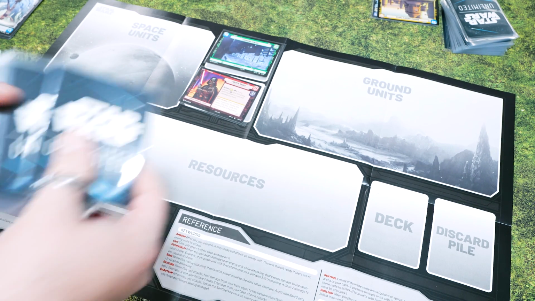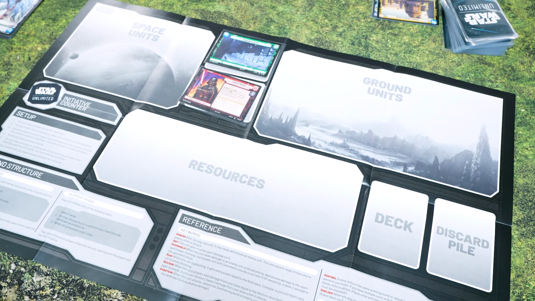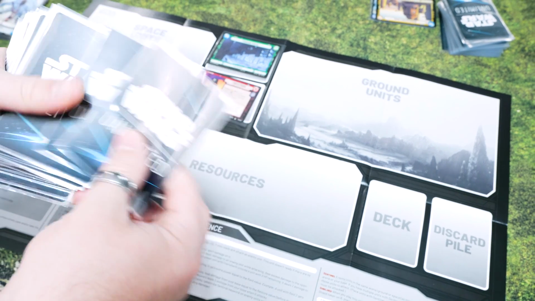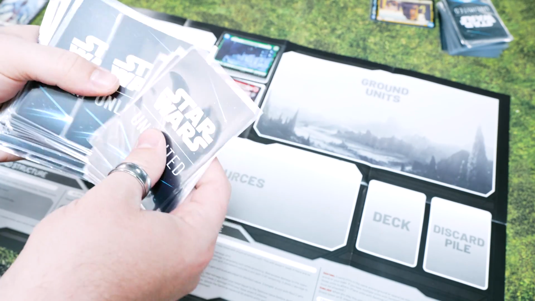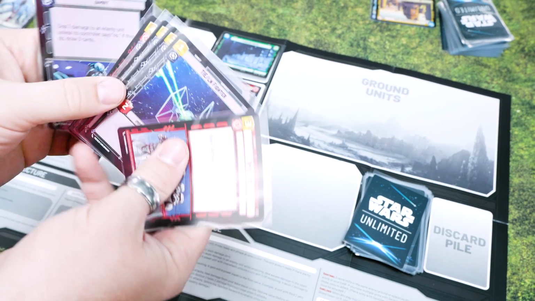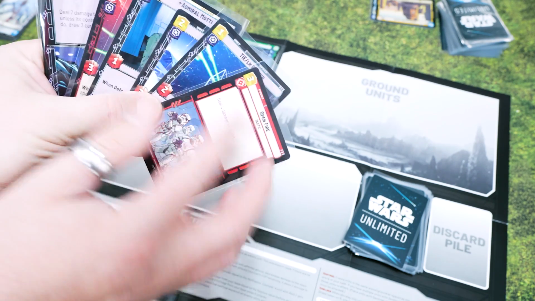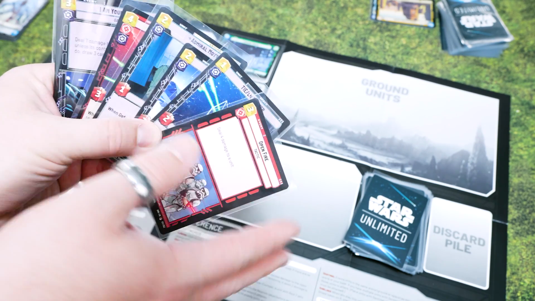You then will take your deck of 50 cards, you'll shuffle them, and then you will draw 1, 2, 3, 4, 5, 6 cards. Your deck goes over here. You'll look at them, determine if you like what you have. The recommendation is to have a bunch of 1s, 2s, and 3s to start,